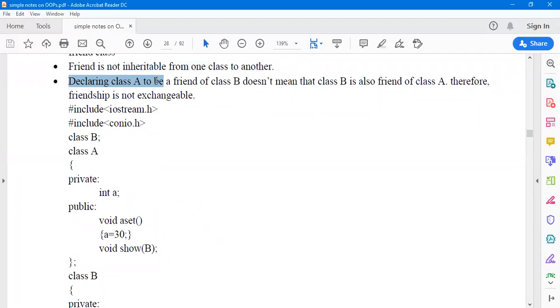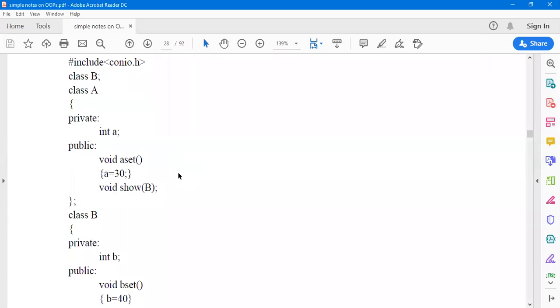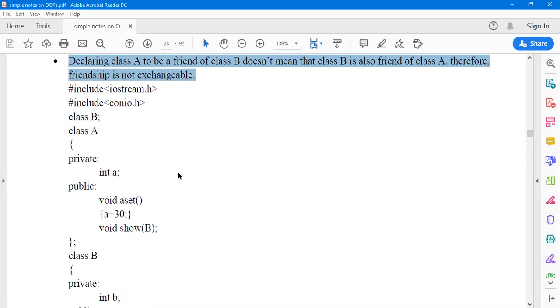So declaring class A to be a friend of class B does not mean that class B is also a friend of A. That is what we discussed right now. So friendship is not exchangeable. It should have been there, but in real life also we know that this is not always true. So coming to the next example,